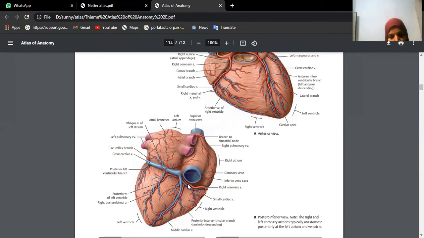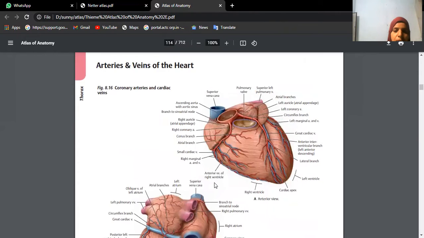Okay, so the corresponding vein you have there is the middle cardiac vein. And the greatest venous channel which you are seeing from behind is the coronary sinus. So that was the right coronary artery. The right coronary artery gives majorly all these small branches, you try to observe. It gives branches to the SA node, right atrium, right ventricle. A few branches also go to the left atrium, left ventricle.